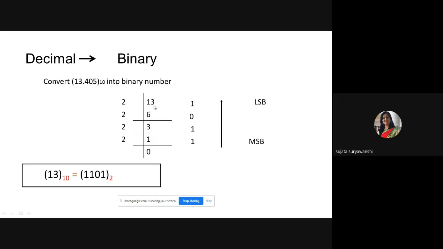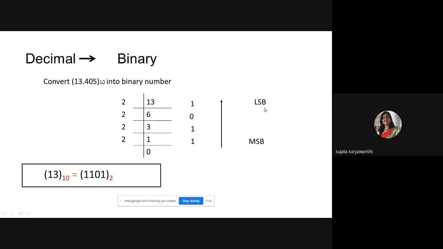Now consider 13, divide that 13 by 2 till you get quotient 0 and record the remainder of each division. This is the quotient and this is the remainder for that particular division. Now the third step of successive division is to write down the remainders in reverse order. Reverse order means from bottom to up order. The last digit will be the MSB and the first remainder will be the LSB digit.